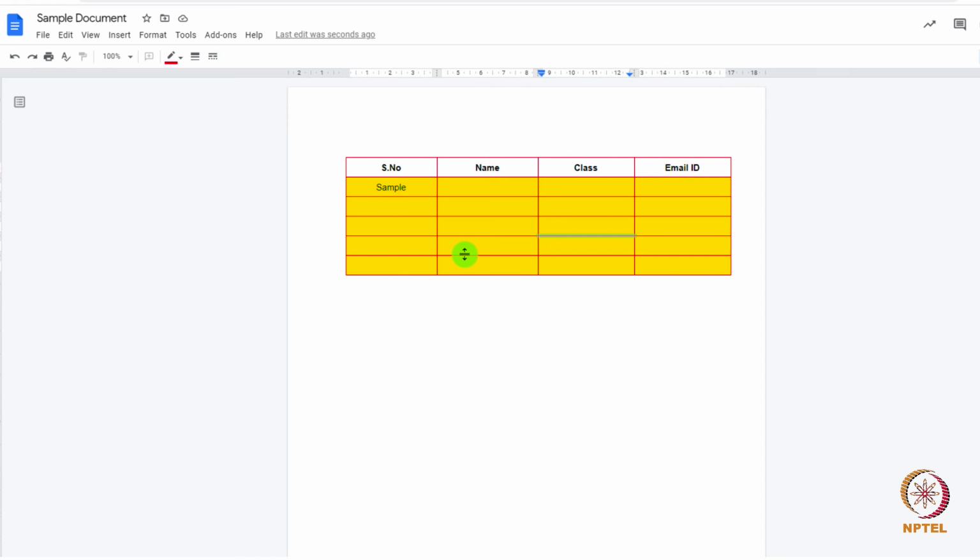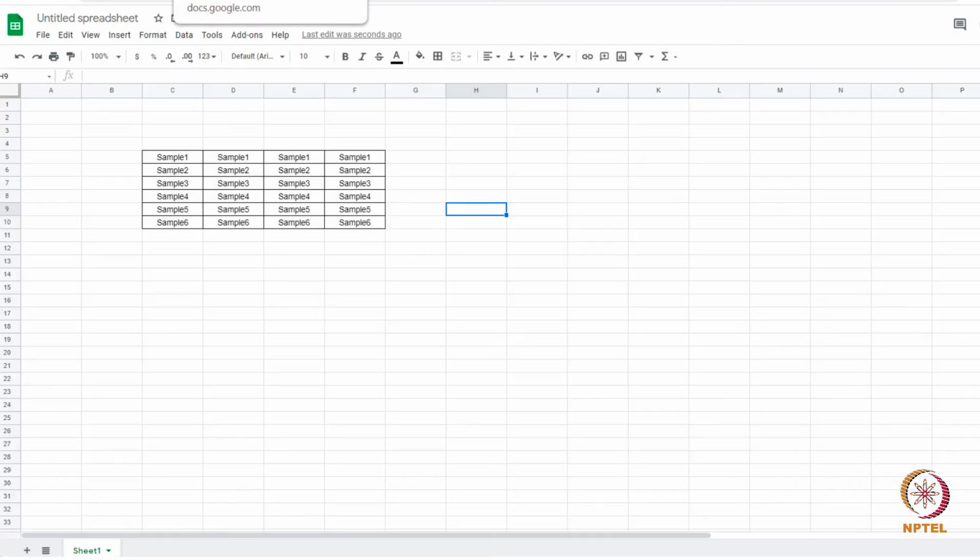As you can see, there are lots of ways to use and customize tables in Google Documents. You can also import a table which is already in your Google Sheet. For example, I am opening a Google Sheet now where I want this table to be imported to my existing Google document. To do this, select your table in your Google Sheet and right click and select Copy,